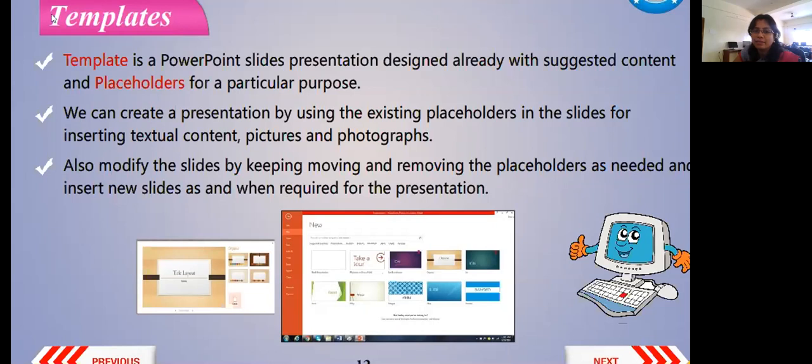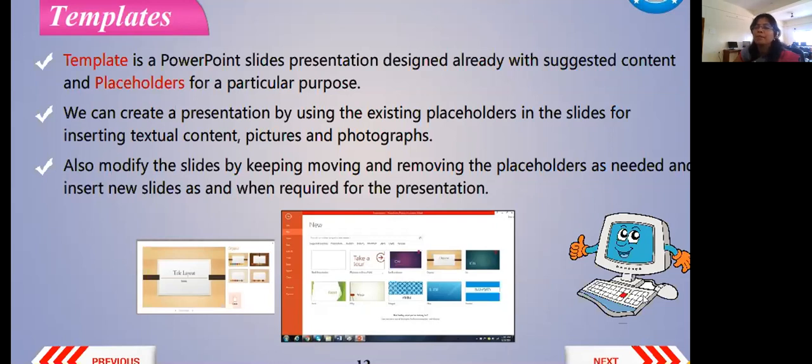Here it is like, imagine I want 4 different sections in one slide. You have a ready-made slide with 4 different sections already and you can use it. If you planned for 4 sections but then you don't want one, you can remove it as per your requirement. But if you take a blank presentation, you yourself have to make 4 sections and then insert all your information. But MS PowerPoint has already designed some kind of templates as per requirement. You can just pick it and take it as per your sections, how much you want to do.